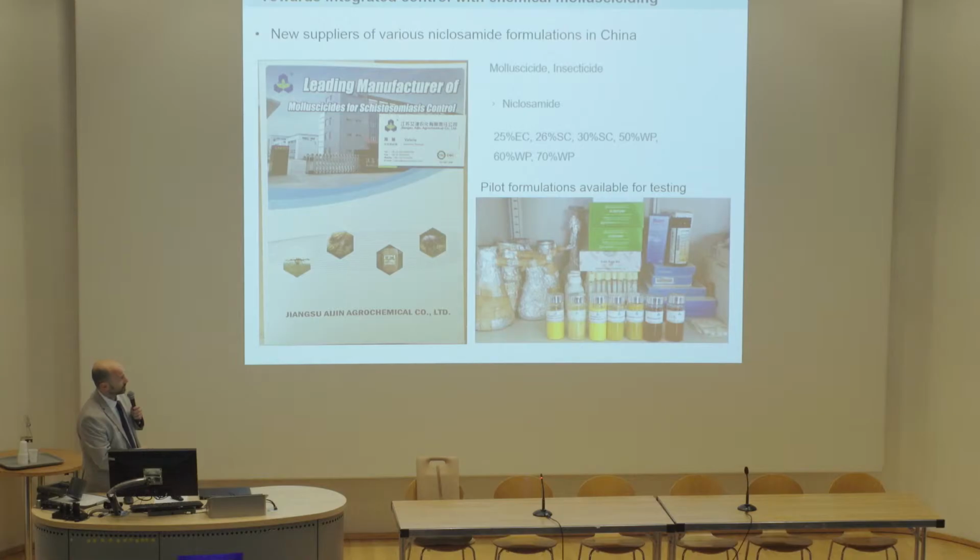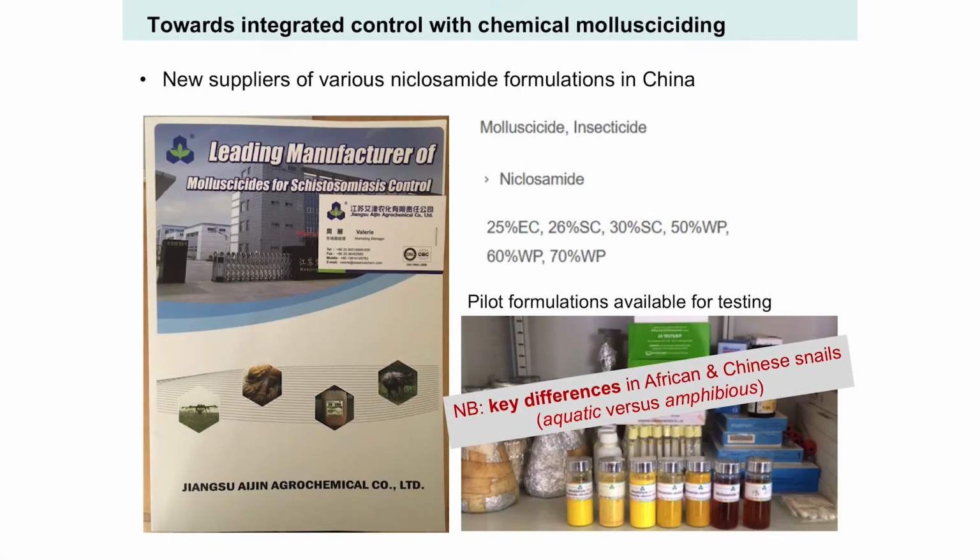This is our kind of tools cabinet for schistosomiasis control. We have the human diagnostics, we have some of this fecal sampling, we've got urine dipsticks, but we now have in the cupboard some snail control chemicals, which are slightly different formulations to what used to be available. But